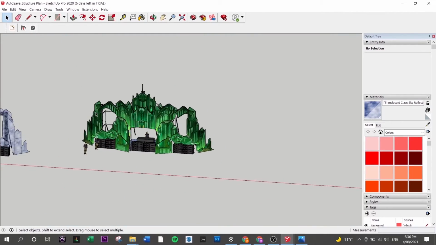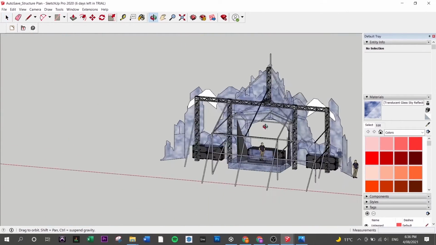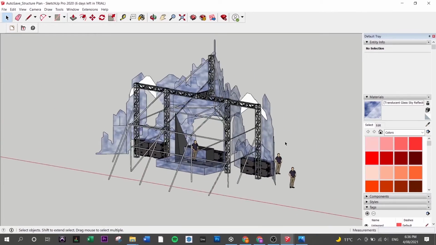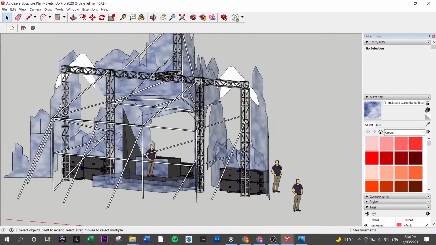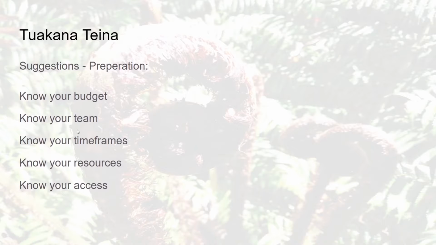So this was a lot bigger job than we're used to. Essentially, the best way to design a lot of this stuff is know what systems you're going to work with. So I'll just jump back to these slides. So when it comes to designing and building stages, the things that I kind of learned in retrospect